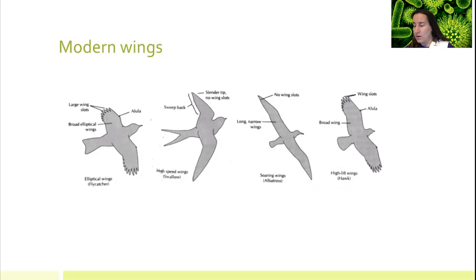So we've got a hawk over here. These guys are going to need to be able to soar, and you'll see the red shoulders and the vultures and the guys like that. They'll ride the thermals on up, but then they're hunters, so they also need to have some speed to be able to get down to their prey. So they've got a little bit of combination of both for high lift wings, but they also need to be able to get down and grab the mice or the voles or whatever it is that they're going to eat.